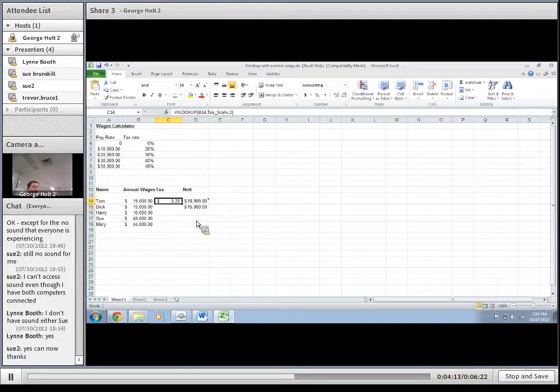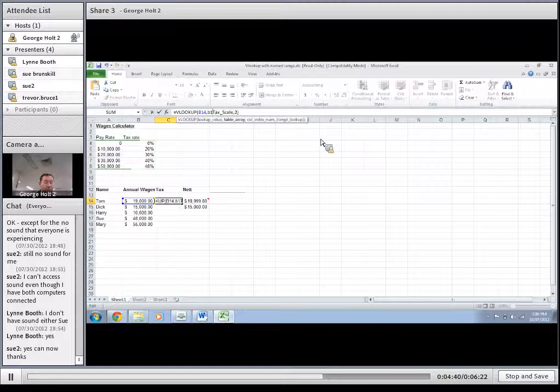Now, straight away, it's pretty close, isn't it? Can you see it's come back as 0.2? What it's told us is that, okay, at $19,000, the tax scale is 20%, isn't it? It's 0.2. So the only thing that's missing here is to work out how much tax the person pays. I need to multiply that 0.2 times their wage. So I'm just going to jump in front there, and I'm going to adjust that, and I'm going to type in B14 multiplied by,